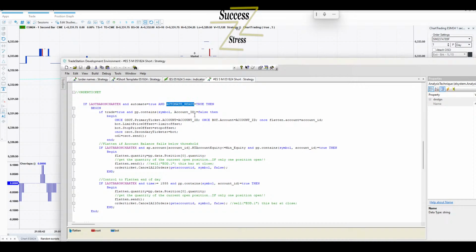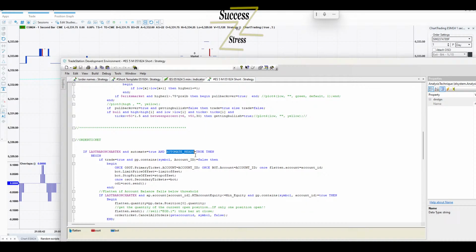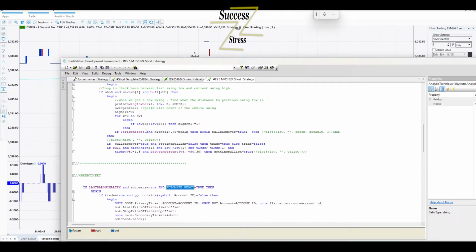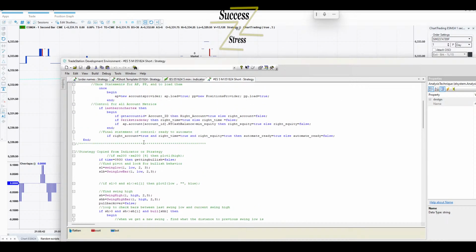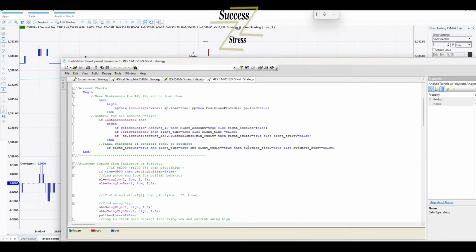Automate ready means, yes, I'm ready, I can take a trade during this time. Automate ready says that I have to be in the right account, it has to be the right time, and I have to have the right amount of money in my account. So the right time equals true is this. Right time equals true is Eric's trade day.